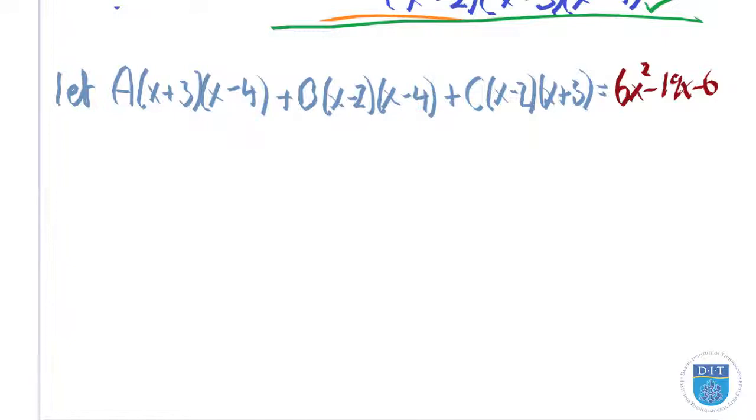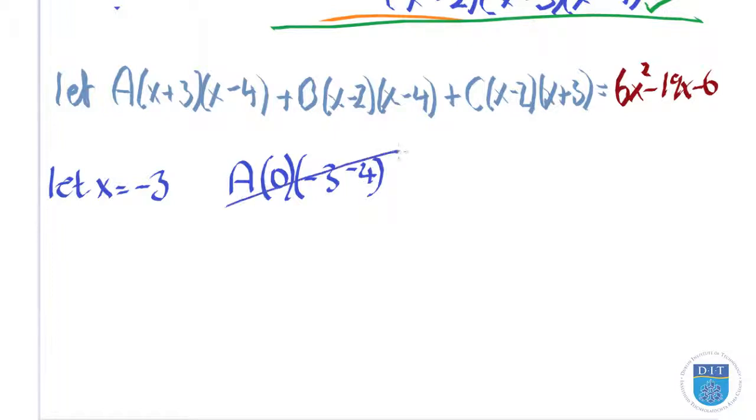I'll change colour. Let x equal minus 3. So you can put down A by 0, but minus 3 by minus 4. But the whole thing's going to go to 0 anyway. So I think we kind of got used to that in class, and we said, we'll not even bother writing it. So what I'm left with is, 2 of the expressions die off. One of them will survive. This guy is the one that will survive because there's no x plus 3 there to go to 0. Right, so underneath that I'll say, B by, and I'll take my time when I sub this stuff in,